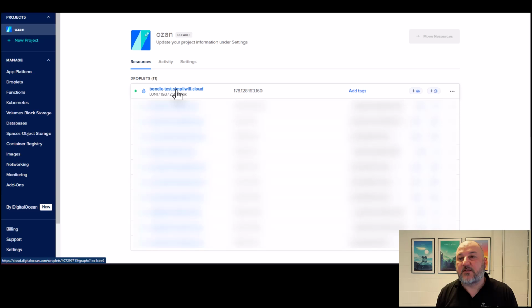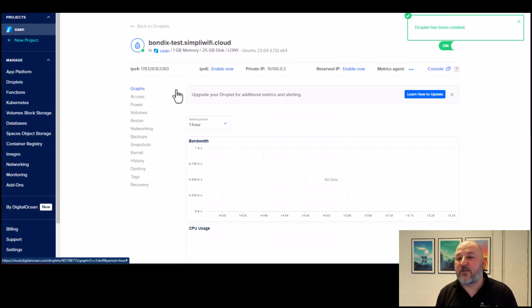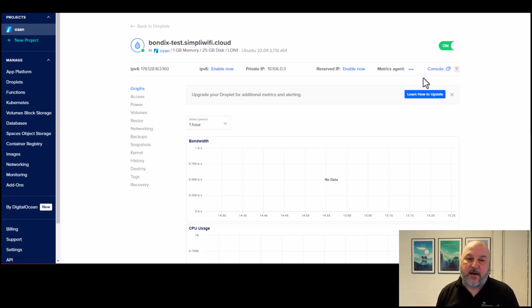If we click into the server itself, we can get lots of information on it. You can have a look at that and navigate around yourself. It's all standard, and you can see drives and CPU usage and stuff like that. The main one that we're looking at is over here. We've got a console. Now, because we've got a public IP address here, an IPv4 address, we can